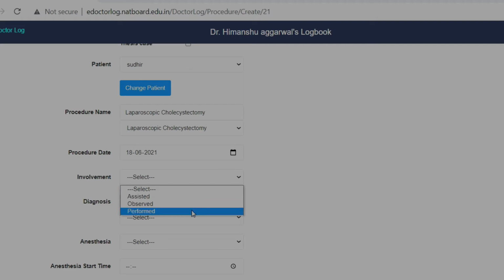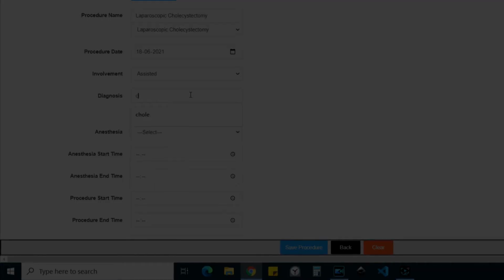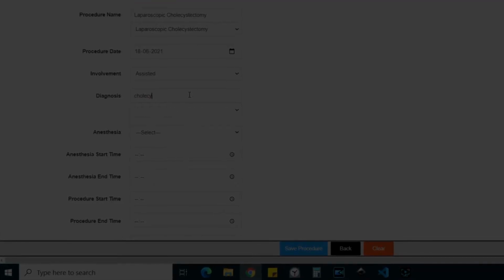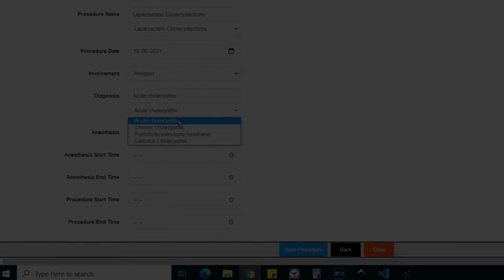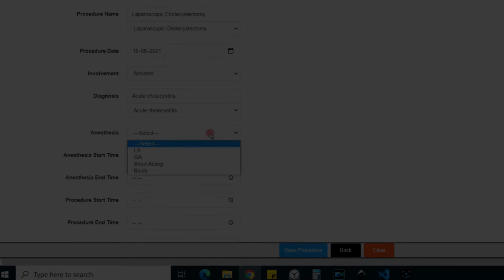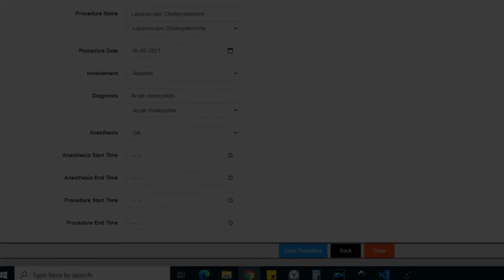You can enter other details about the procedure like your involvement in the procedure, choose diagnosis from the drop-down list or enter a new diagnosis, enter details about the type of anesthesia in the procedure.